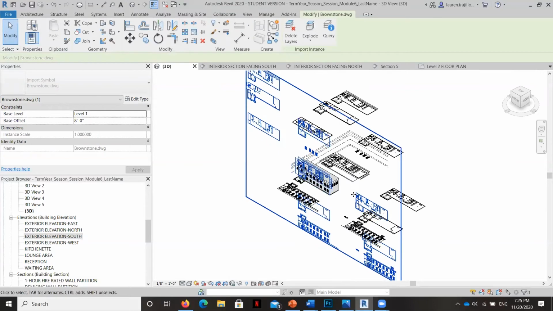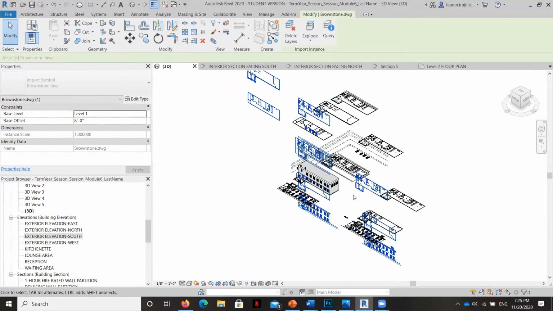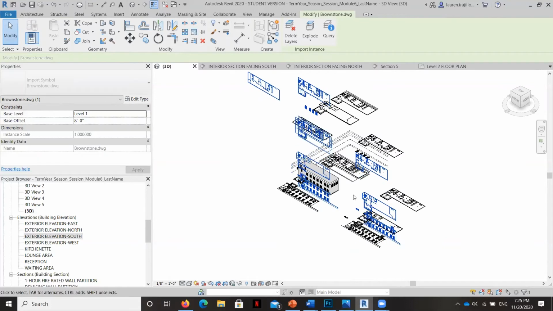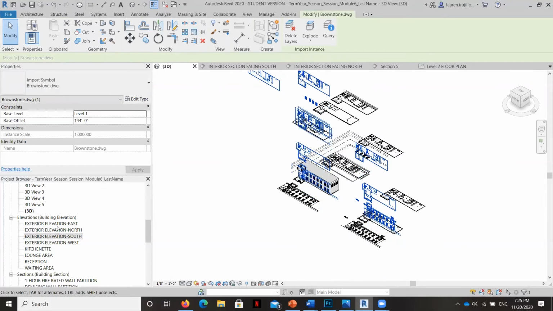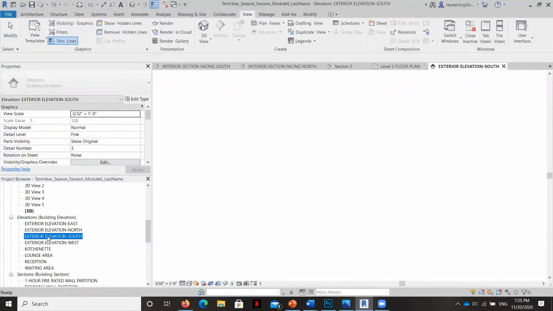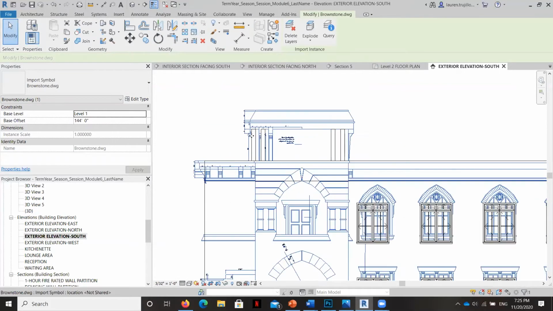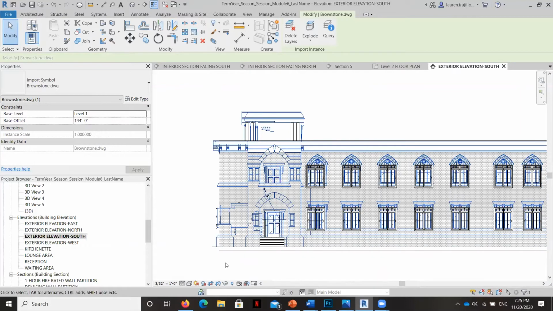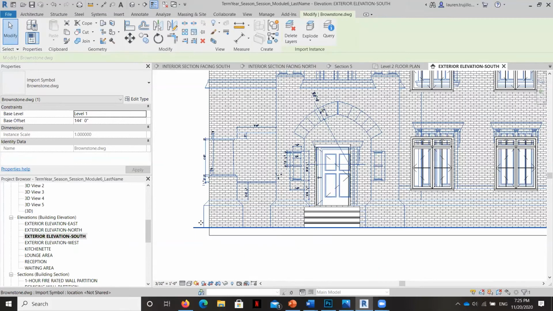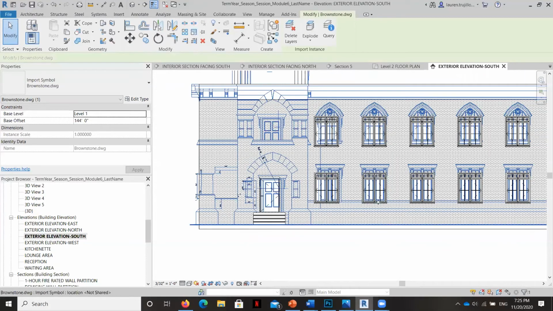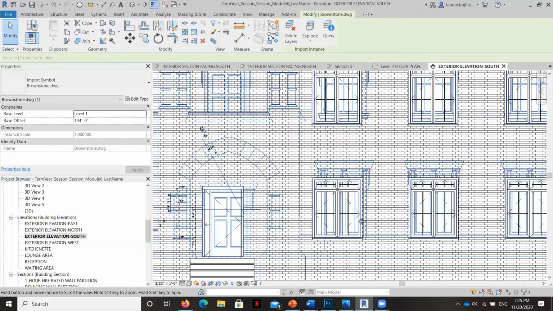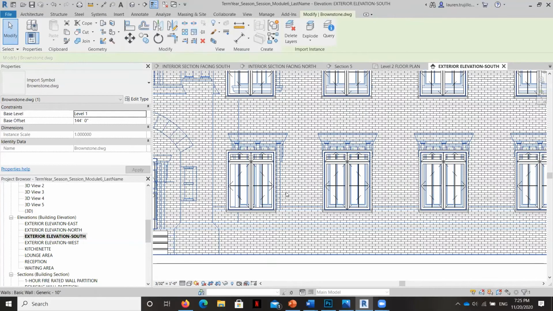It needs to be moved up. See? Let's take a look again. All right, there it is. Okay, so this is the CAD file, the blue on top. Okay, and you can see it's sitting right where the ground line is. Okay, there are a couple little alignment issues that we need to fix.